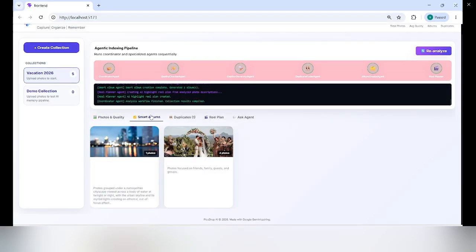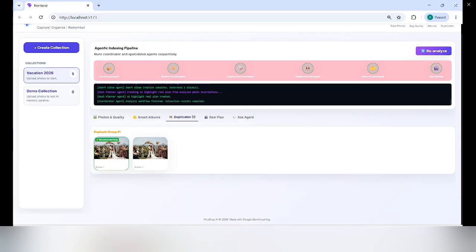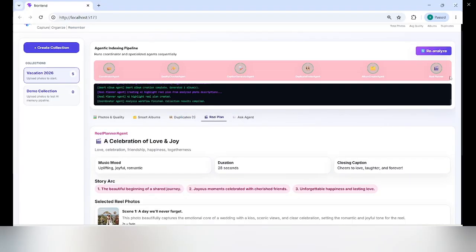If you go inside the smart albums, you can see that there are two albums. The first one is divided as metropolitan, cityscape, building, body of water. And if you check the second one, it has been grouped as friends, family, guests, and group. If you go inside duplicates, you see that these two images have been selected as duplicates. You go inside reel plan, you can see that